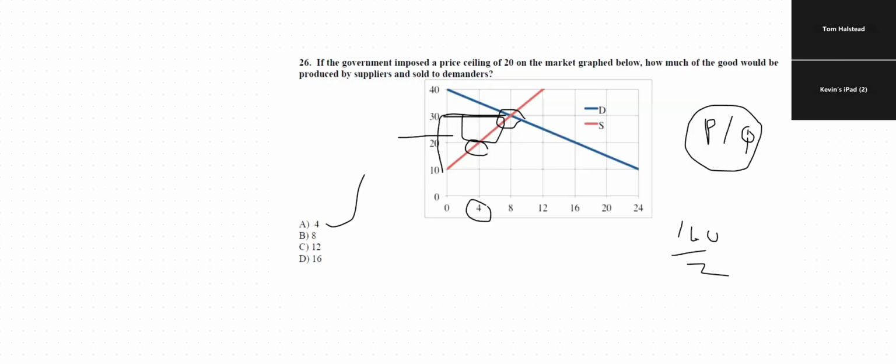Price ceilings or price floors, you can't go below this price. But it's like you just said, it's always an equilibrium problem. And we'll see this in